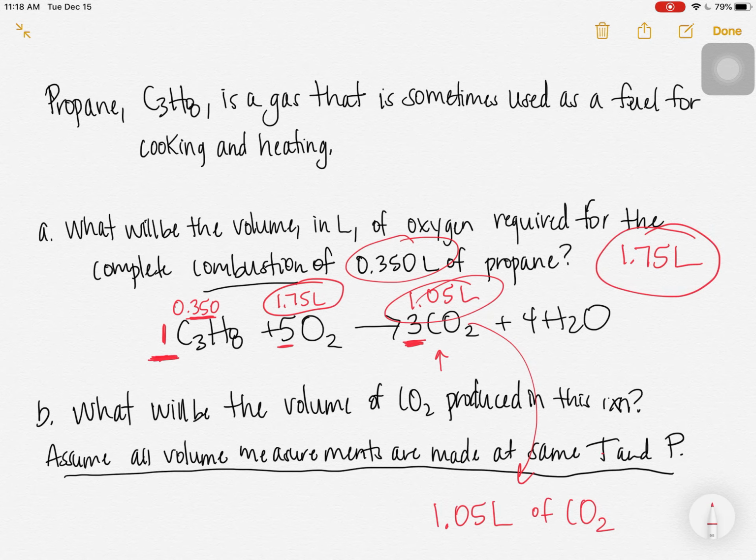That is this shortcut with using Avogadro's law to use volumes in place of moles in a sequence to answer a stoichiometry problem. Now, I'll be honest, this is something that you're not going to see very often, but it is something that we can do if we know that the pressure and the temperature are constant during a reaction, and that's because